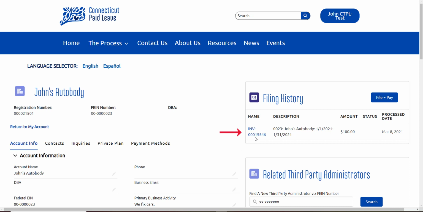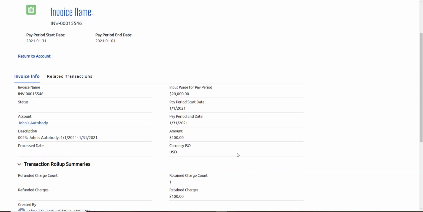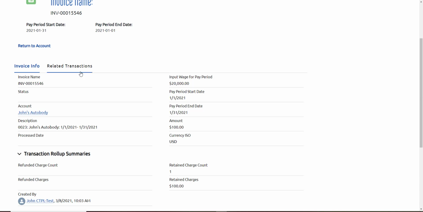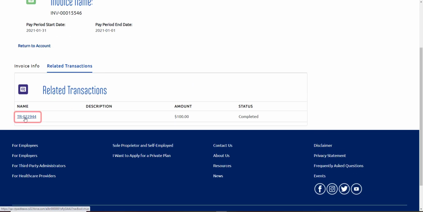You can click on the invoice name to view a summary of the payment. To view this invoice's related transactions, click on the tab as shown. You can click on the transaction name to view details about the selected transaction.